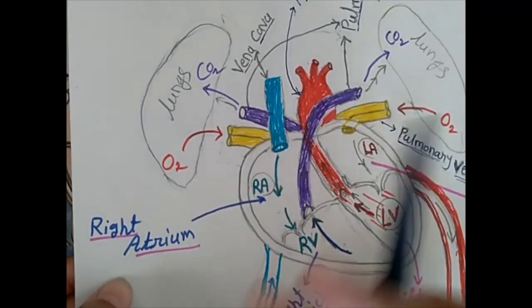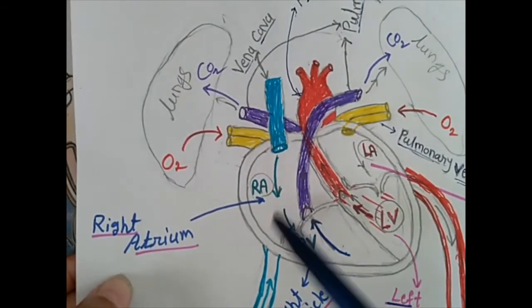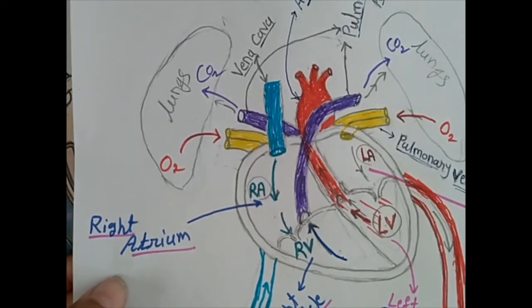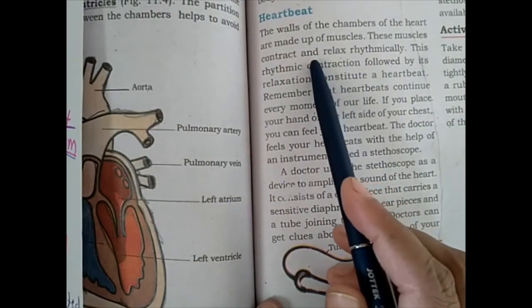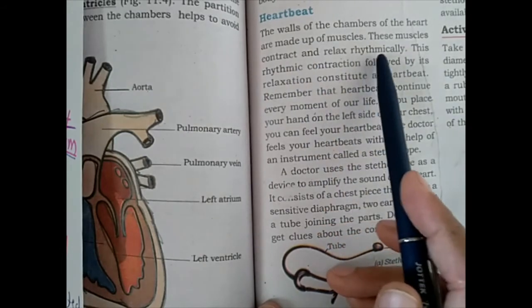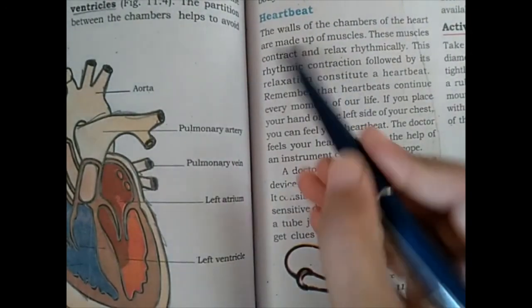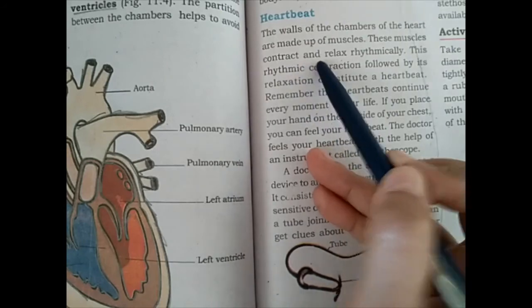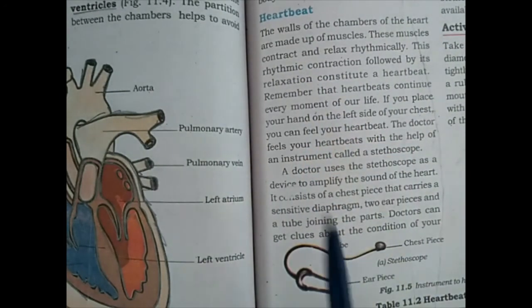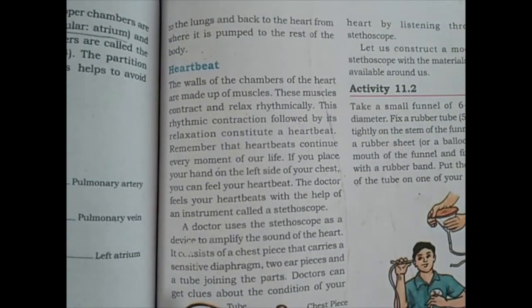That is due to the deoxygenated blood received in the chamber. So the heartbeat is due to contraction and relaxation of heart muscles. One heartbeat is one time relaxation and contraction of the heart, and pulse rate also we can measure, that we have already discussed in our last lecture. So I hope you understood all that.